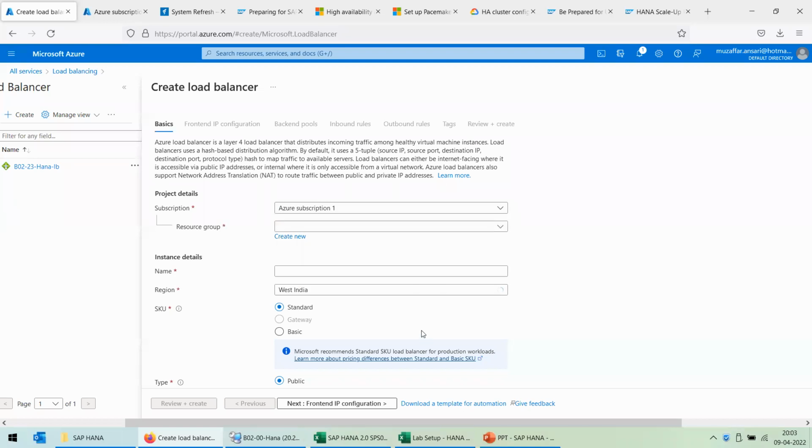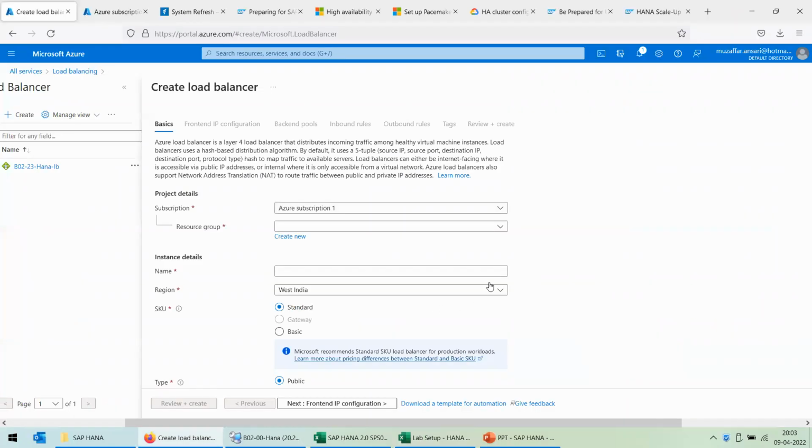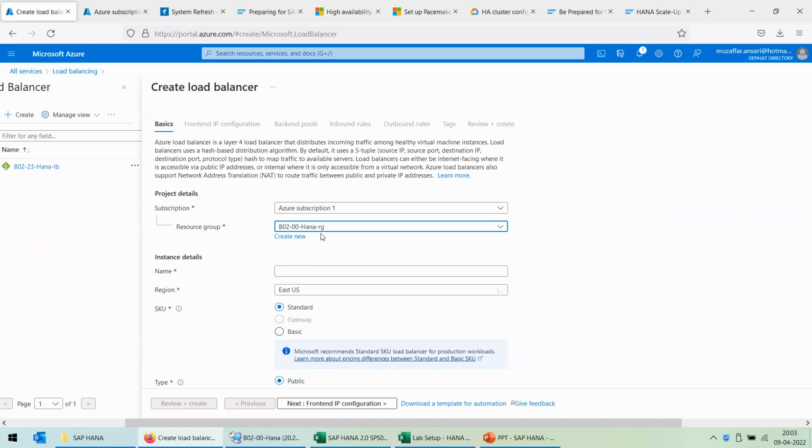Okay, so this is the screen for creating a load balancer. First thing you have to mention is in which resource group you want to create the load balancer. So I'll be creating a resource under B0200 HANA RG. This is the resource group, because this is the VM under which